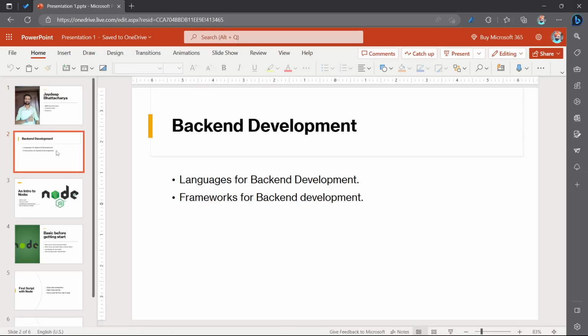When the topic comes to backend development, people have a lot of confusion about what kind of language we are going to use and which frameworks we are working on. If you look at the IT field, there are so many languages for backend development, like PHP, Node.js, Java, and Ruby. There are so many options for backend development.